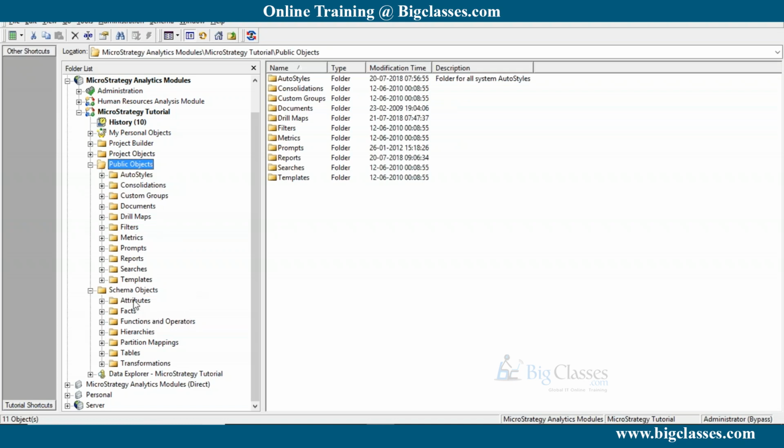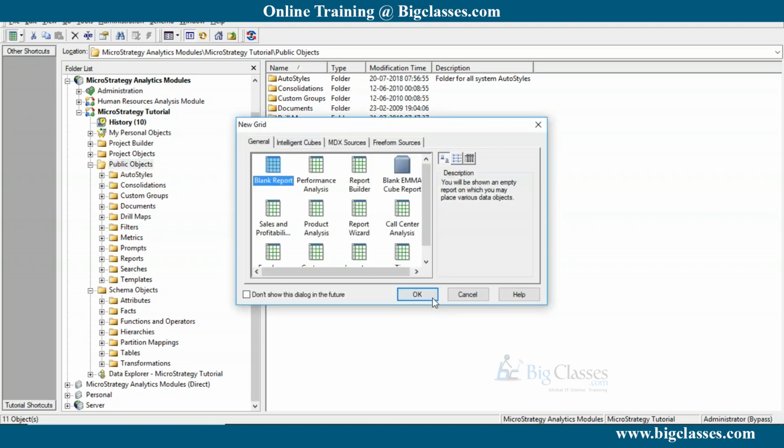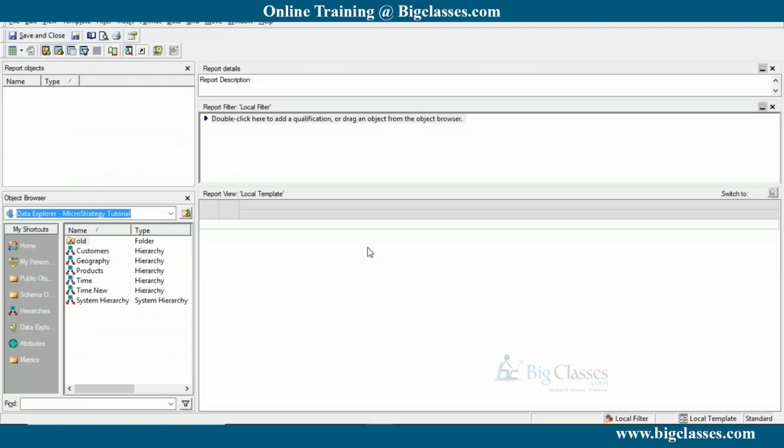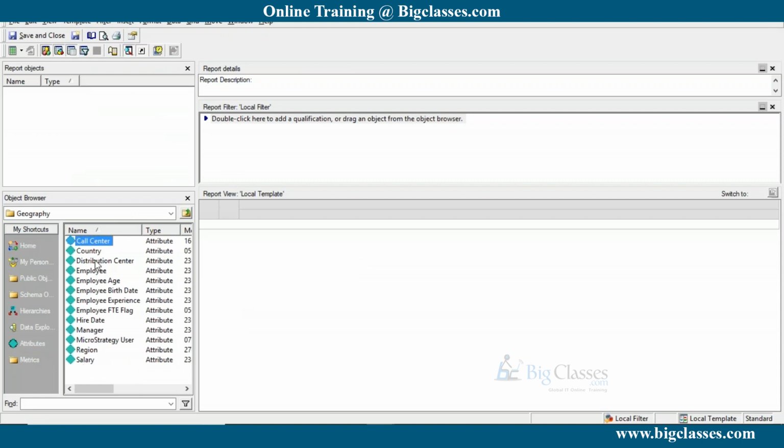Now every project is connected to some warehouse on which you want to do your reporting. So my MicroStrategy Tutorial is pointing to one warehouse, and let's say my Human Resources is pointing to some other warehouse. If I log in to my project, I would be able to see all the objects that are available under it. And as I told you a few minutes back, at a very high level, we have two types of objects. One, the schema objects, where we build the entire semantic layer. And second is the application objects, or you can also say public objects. All right, so now let me